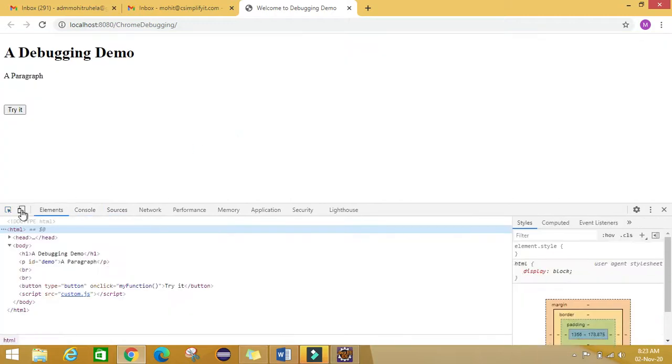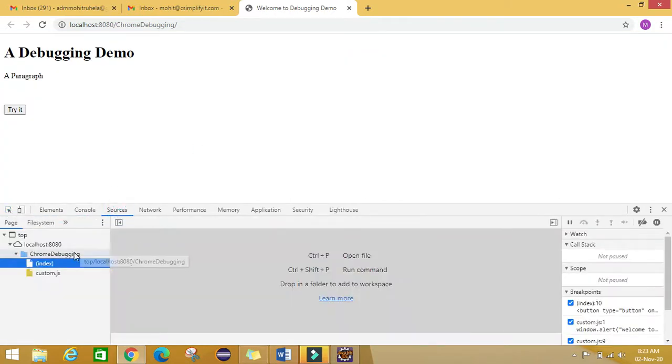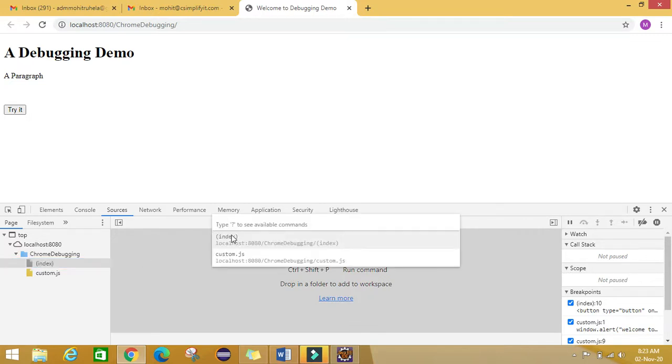So in sources we have two files, just only two files here, but if we have a larger project and multiple files, we can open a file using Control and P, and here we type index or the name of the file.